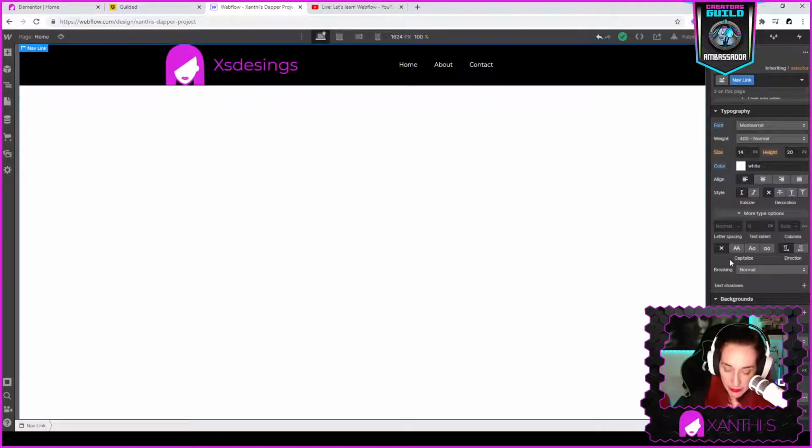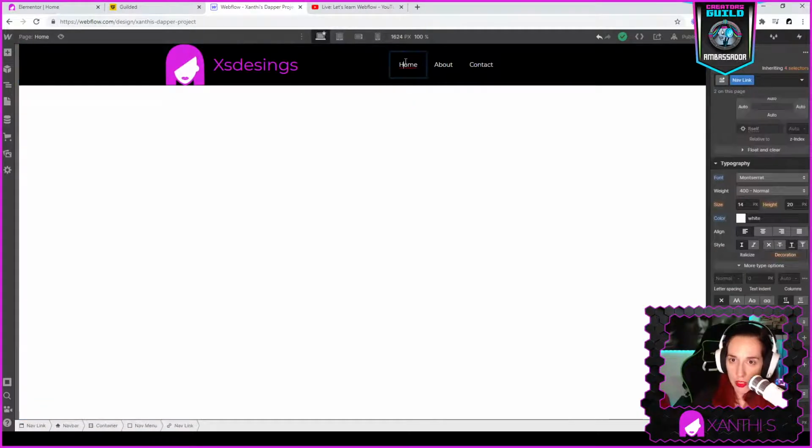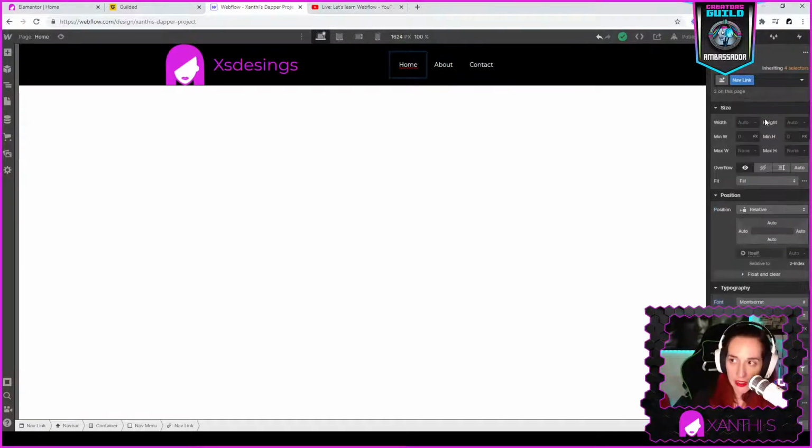You need to click twice on the nav bar to open it. After that you want to click on nav link to get access to its style. On the right panel you will see the option states. But this is from 2016, so I don't know if that applies anymore. So she says to double click, but the states make sense.